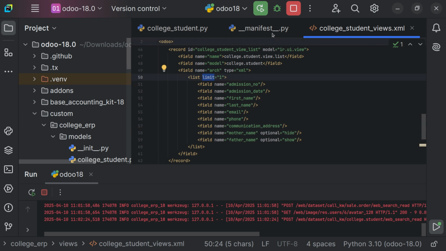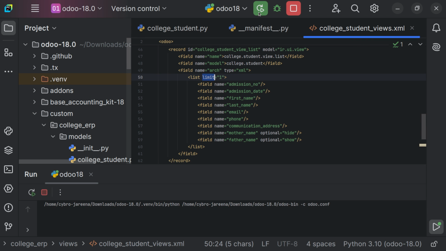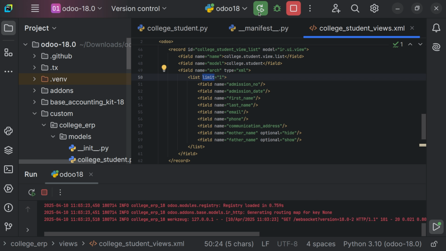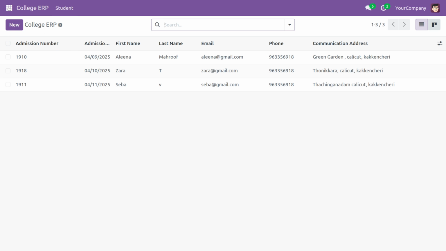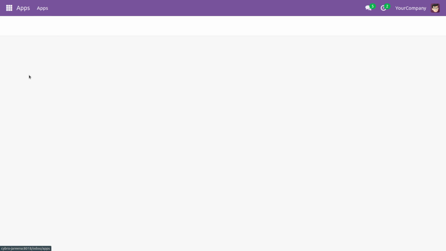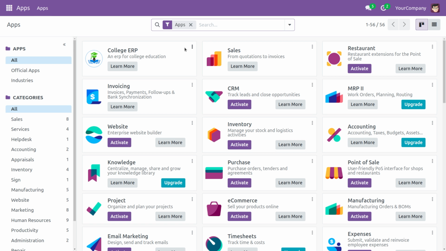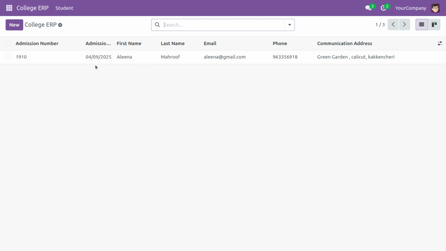Once it's given, we need to load everything into the database. For that, you can run the file. Afterwards, we need to upgrade the module, because whatever changes we make in the XML should be loaded into the database. In order to load, we have to click on upgrade. Once that's done, you can move on to the module, and you can see that we have 3 records and 1 will be displayed over here.